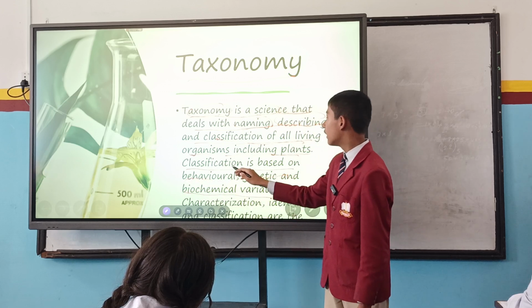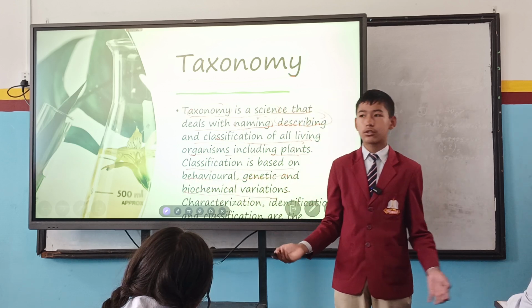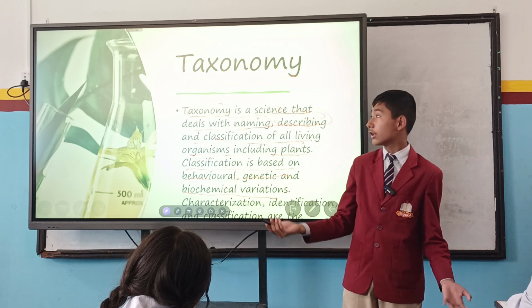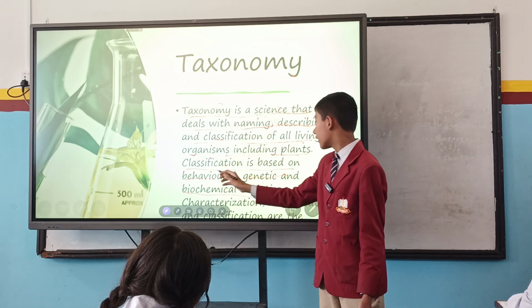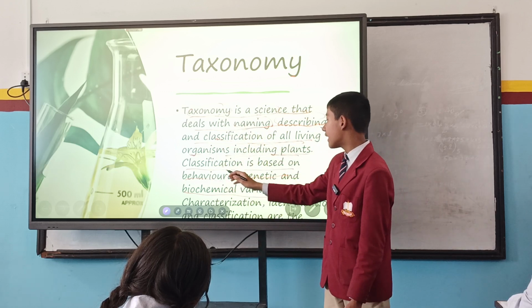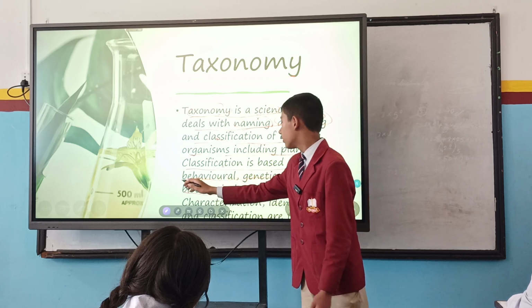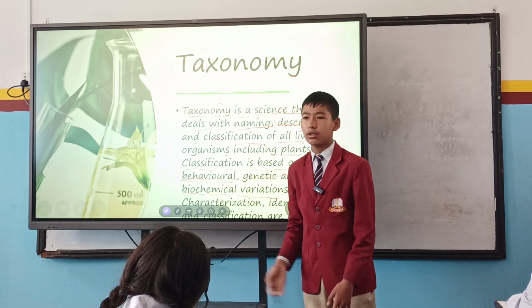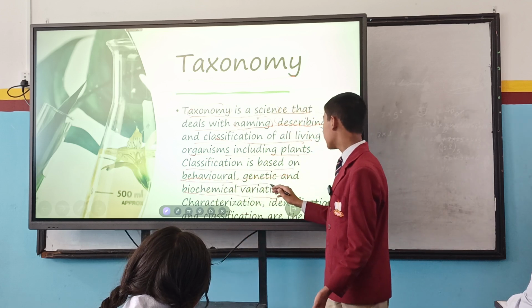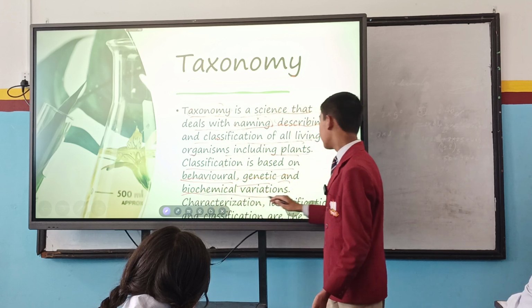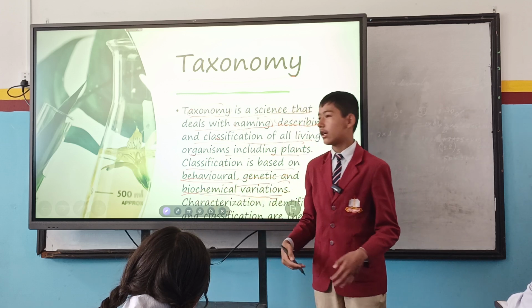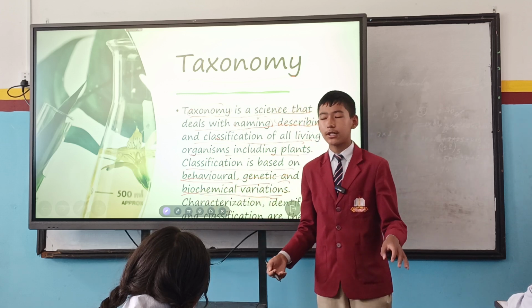As I said before, the researchers who do research on plants and animals for the taxonomy field classify the plants and animals according to the type of behavior that they show, genetic and biochemical variation. Biochemical variation means the type of chemicals and amount present in them,